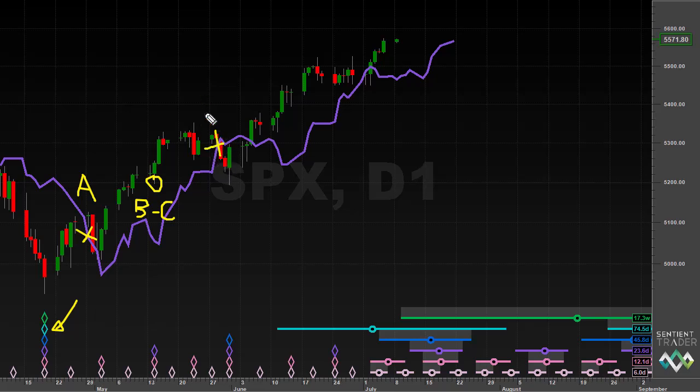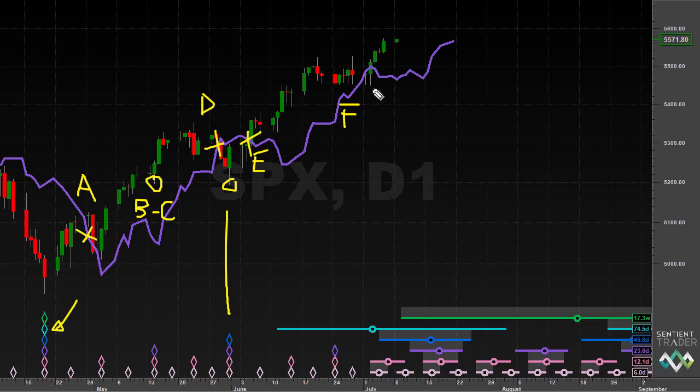Here is our D category interaction as price crossed down below the 20-day FLD on its way to form the 40-day cycle trough. Here then is our E category interaction as price bounced out of the 40-day cycle trough. You will know from our previous market update that we were expecting next the F category interaction where price should cross down below the FLD on its way to forming the 80-day cycle trough.